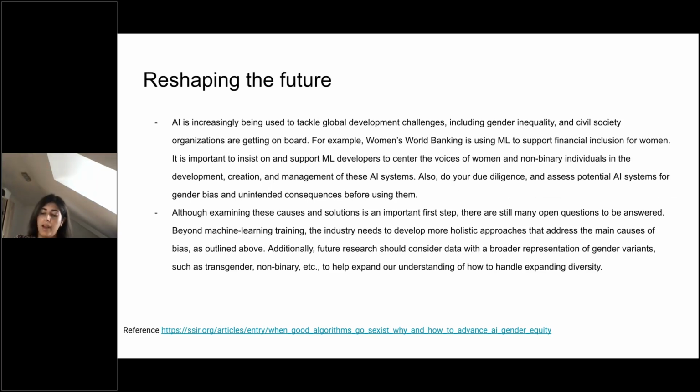AI is now perhaps even in the hands of a child having AI on their phone with, for example, ChatGPT and other AI tools out there. It's our responsibility to fight for gender equality, and try to make the models as fair as possible. Even if you're not a developer, maybe giving feedback to such apps would be a first step. So like I said, being aware is a very important first step, but there are still a lot of open questions to be answered.